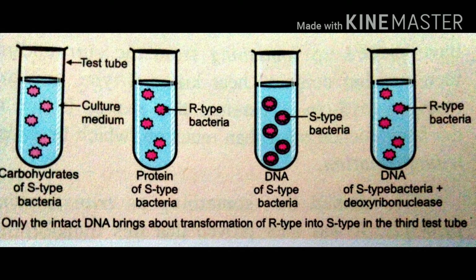These scientists purified DNA, RNA, proteins and carbohydrates from heat-killed S type bacteria and separately mixed each material with live R type bacteria in separate test tubes to observe exactly mixing with which material causes conversion of R type, that means non-pathogenic bacteria, into S type. They observed that the